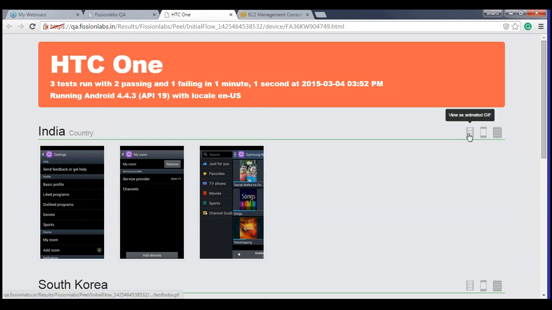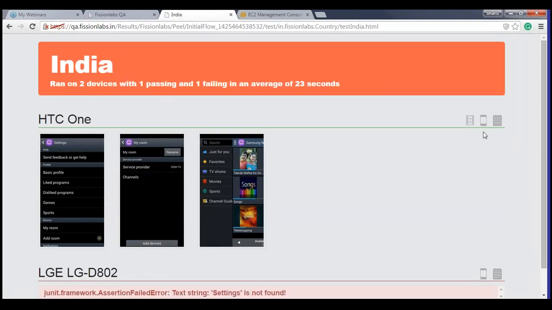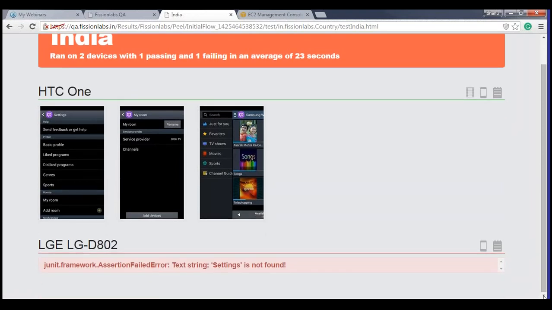And here on the right side, you can see the screenshots with an animated GIF, and then view on all devices. So basically it displays another way: what are all the different devices that have been used, and what are all the different errors that you got.